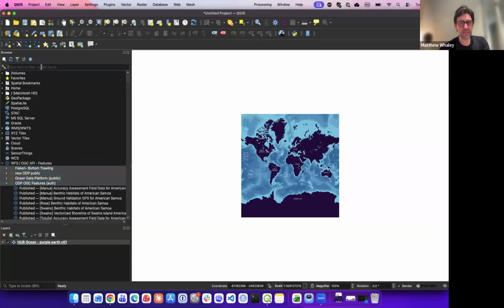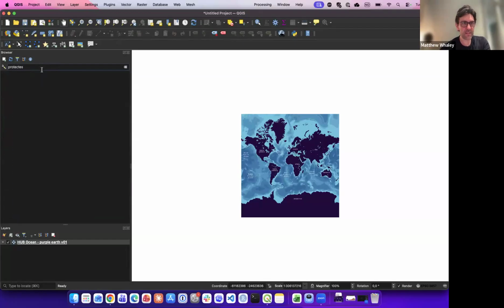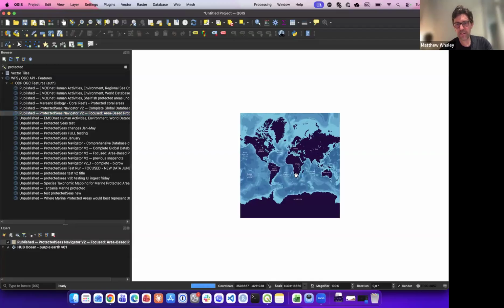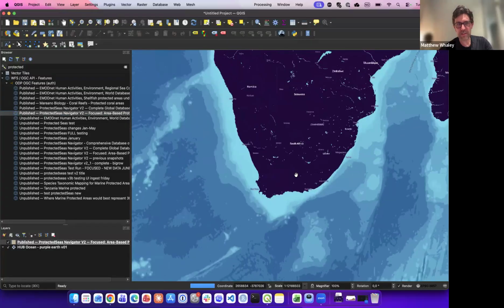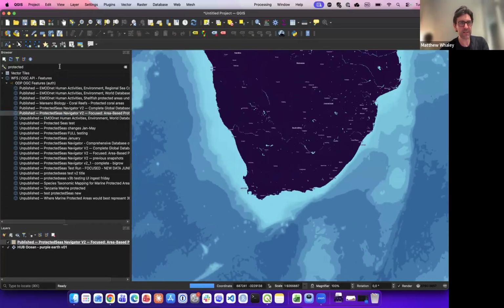I could just show you another very quick example of that. So if we do protected areas again, and now I can't type because I'm trying to do it too quickly. These are my published and unpublished things. But again, maybe we want to zoom in on that same region and see protected areas here, and do the same kind of analysis, but in